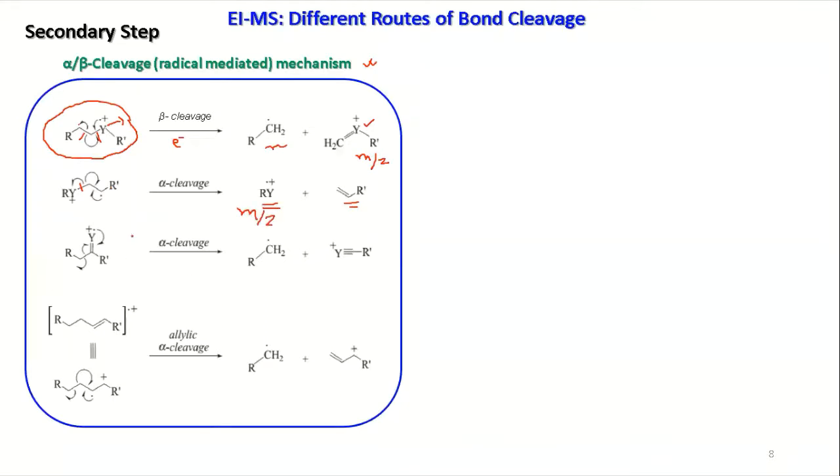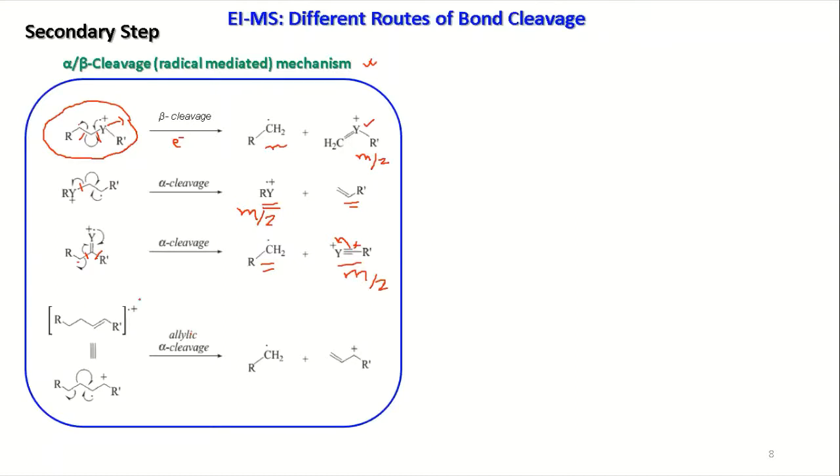You can have a carbonyl like this. You have a dot plus, you have non-bonding electrons, so that will be generated. Now this dot falling here helps to break this bond, or it can help to break this bond also. It's the same, so I'm just taking one side. If it breaks that way, you will generate a radical here and a cation here. So you will have this m by z. Now this cation is stabilized. Remember, this whole bond can come here and your positive charge can move here. So this is another route.